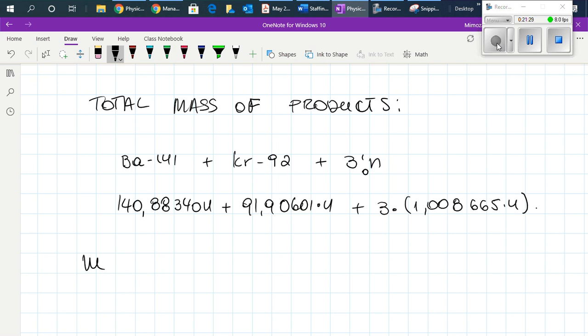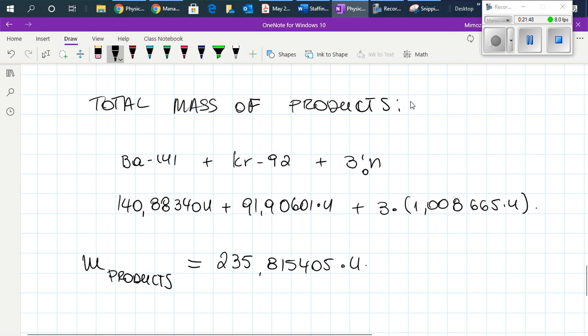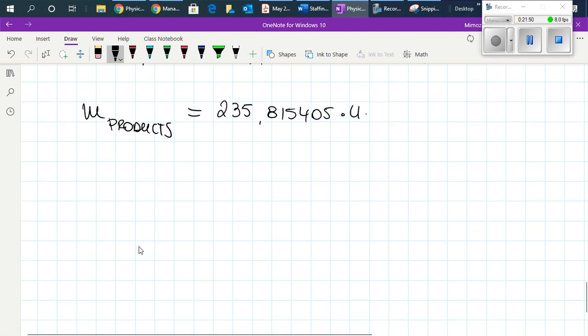So mass of products will be, use your calculator, and I have here 235.815405 times U. Okay, so the difference of mass,